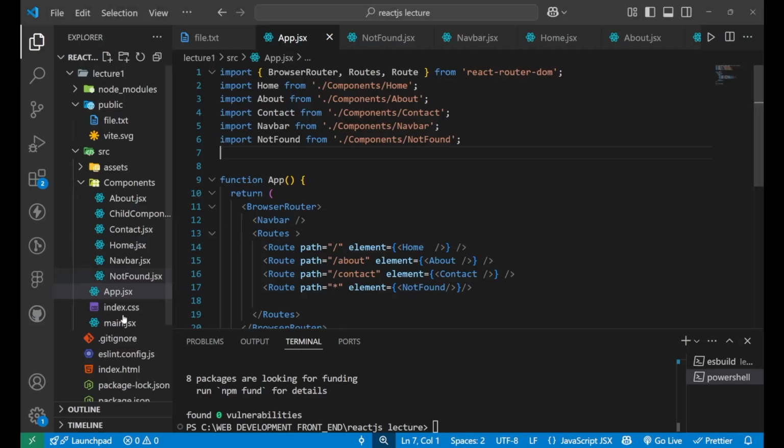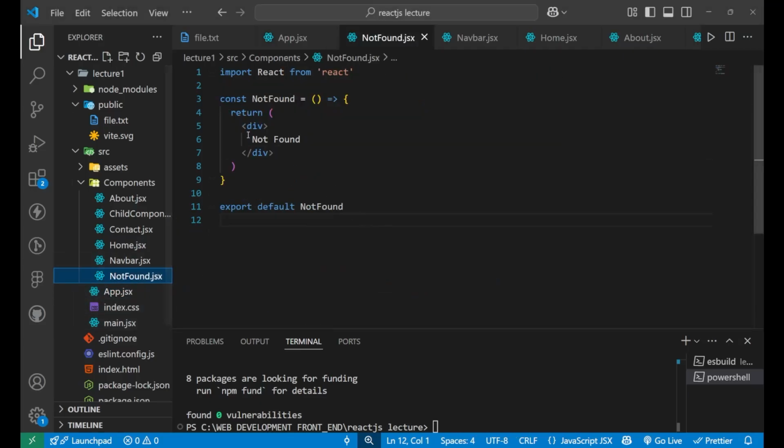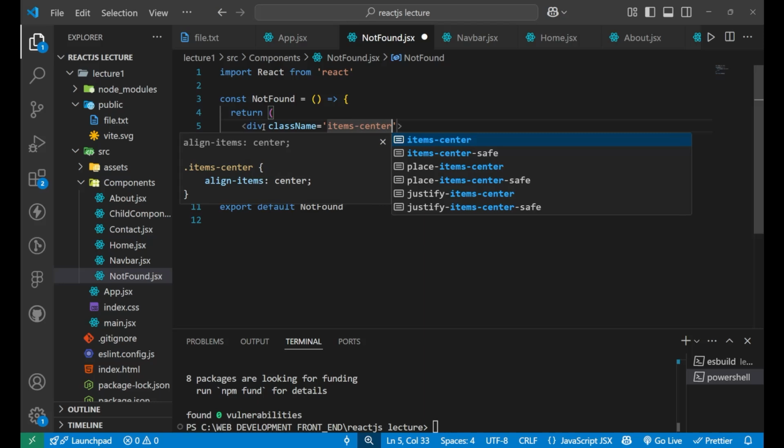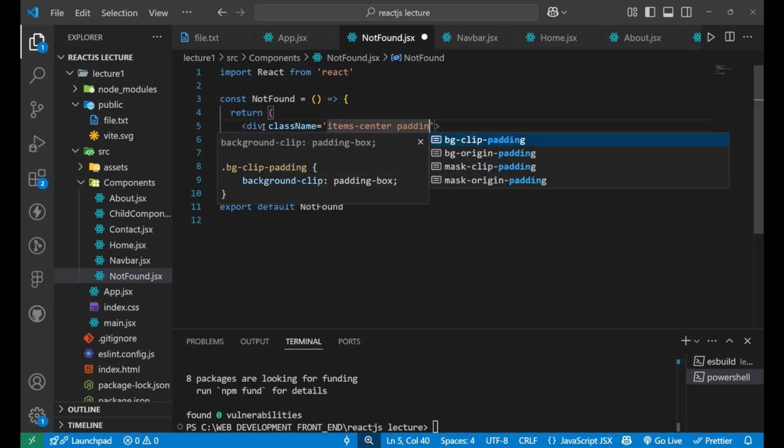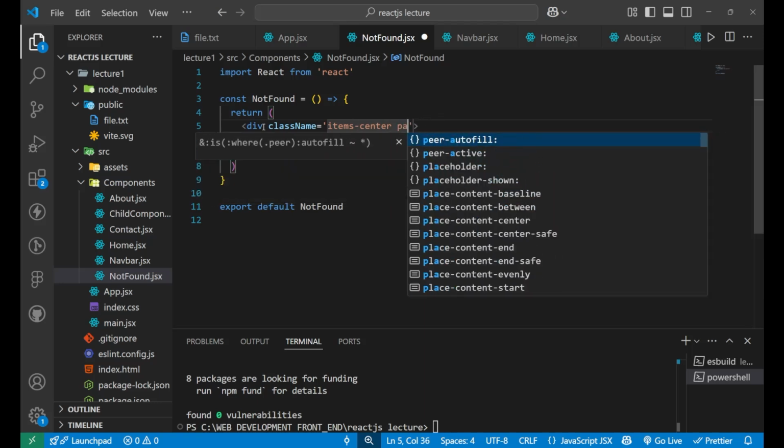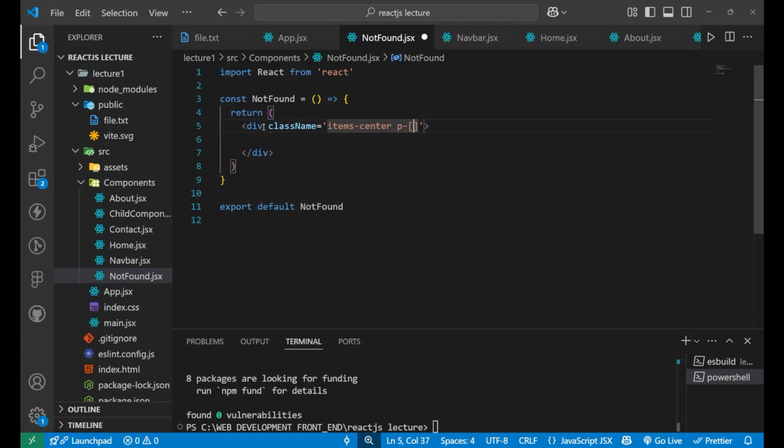So let's make the not found page a little bit better. I'm not going to create a big or beautiful UI. My aim is just to explain the concept, right? So let's create a div and give it a class, let's say items-center, and for the padding I'm going to put 35%, right?